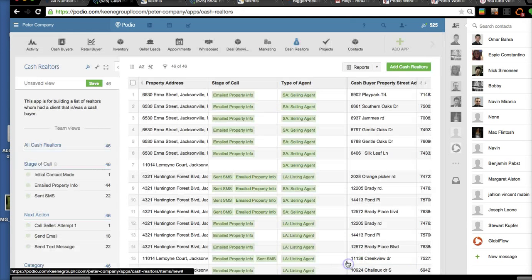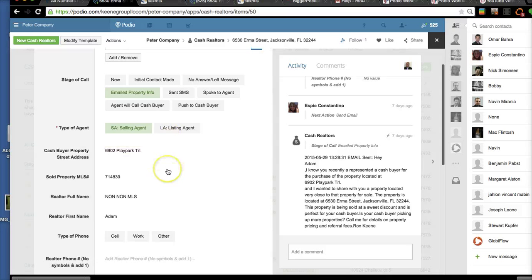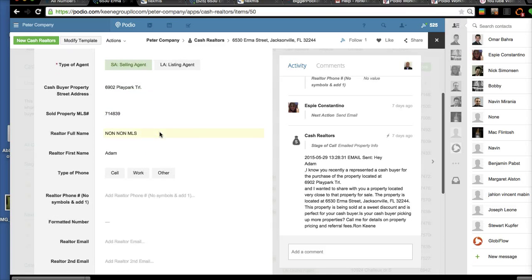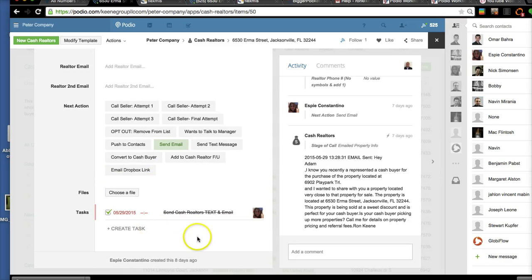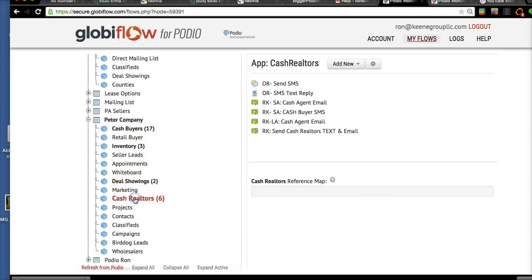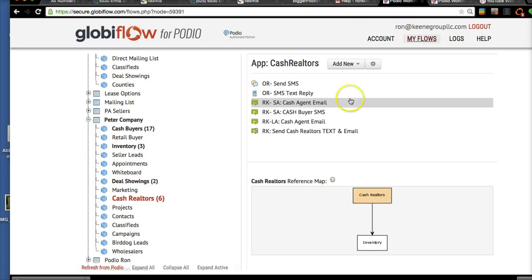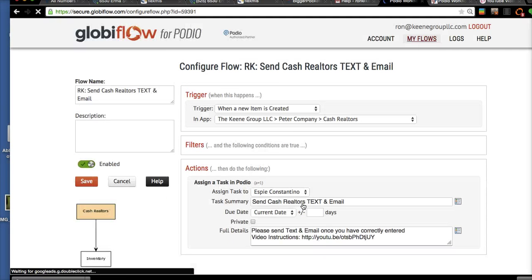Okay, so what would happen is she would create this list, put this all in here, and as soon as she created this list, she got a task right at the bottom. Send Cash Realtors text and email. Okay, so we're in the Cash Realtors app, so that means that we're going to go down here and look at this task. Okay, when items created,